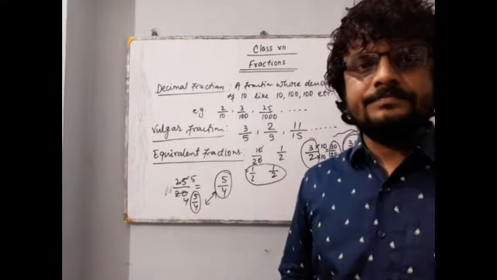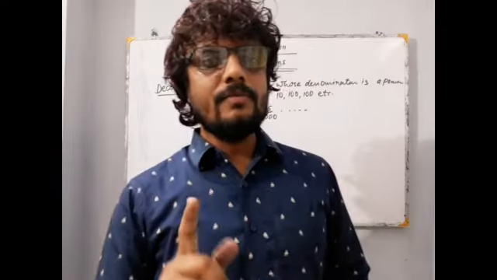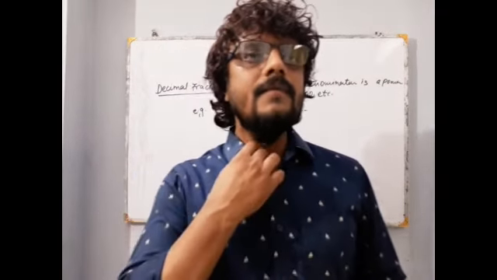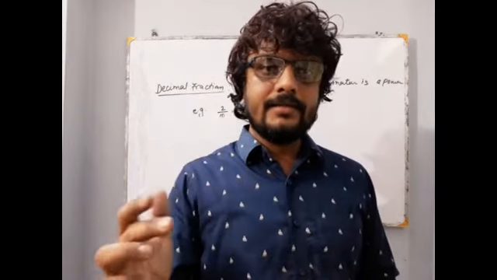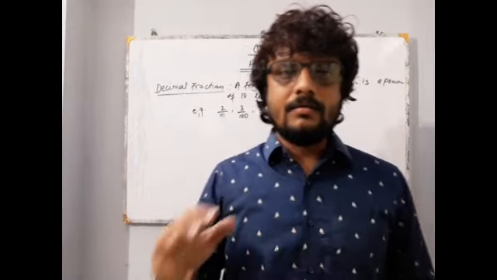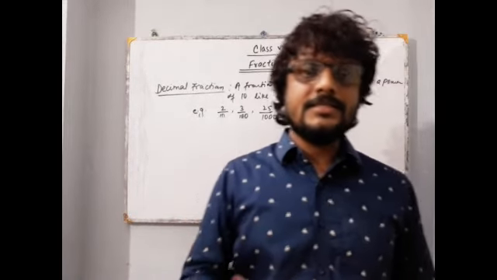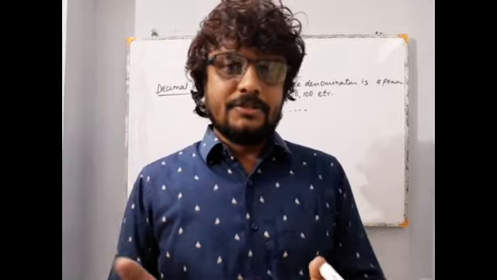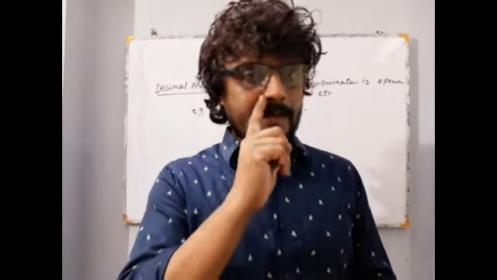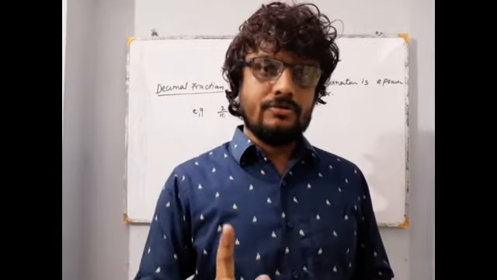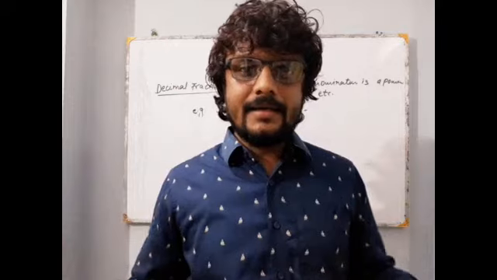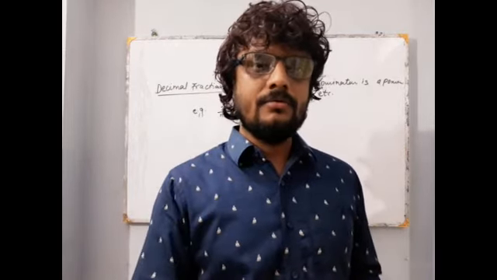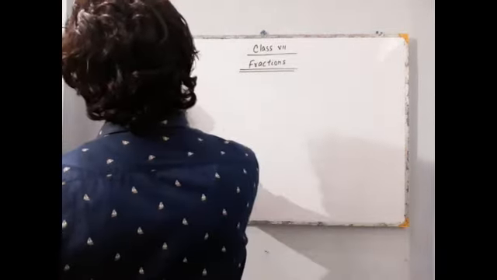Got it? One thing keep in your mind, when we say that if numerator and denominator is multiplied by the same number, or numerator and denominator is divided by the same number, then we get these equivalent fractions. Always keep in mind that your number must be non-zero. We will never take 0. Okay?